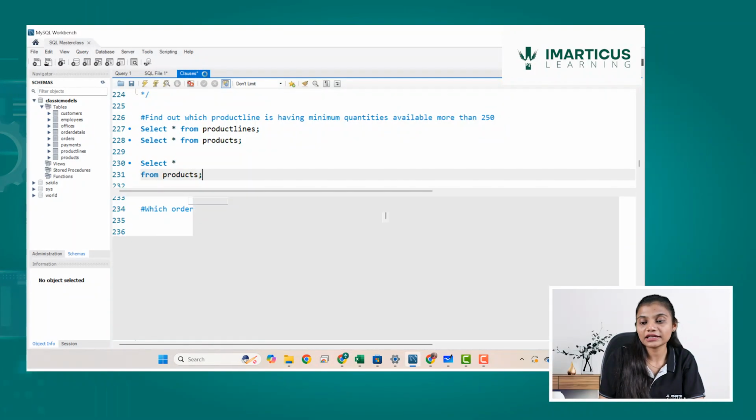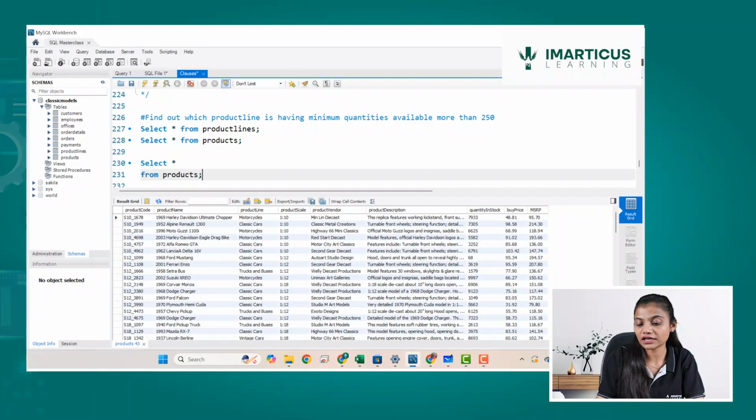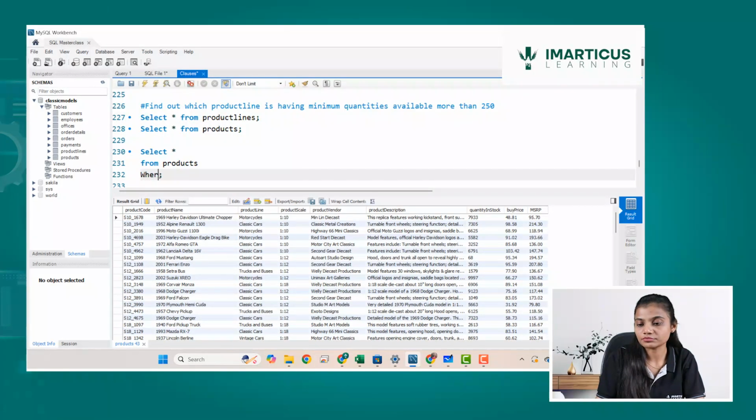Now what is the criteria? If you write a where clause and then you write the minimum quantity in stock is greater than 250, it is going to throw me an error.